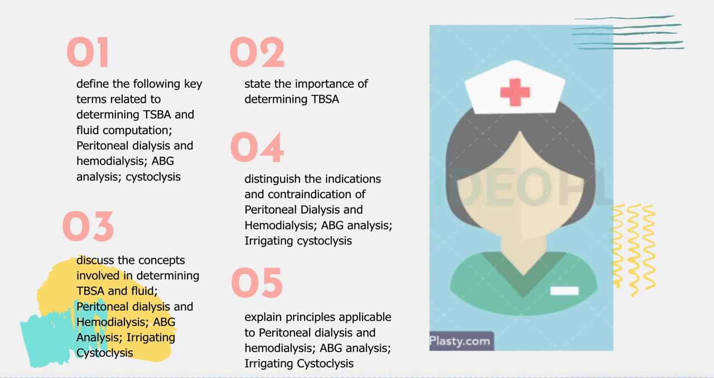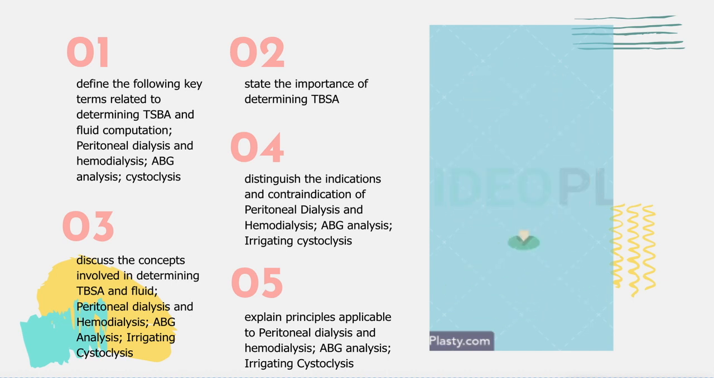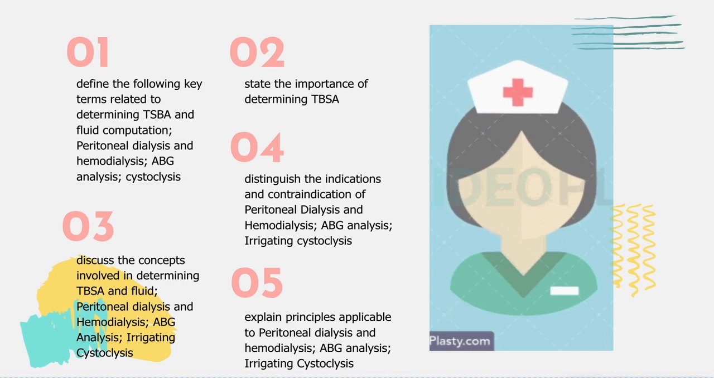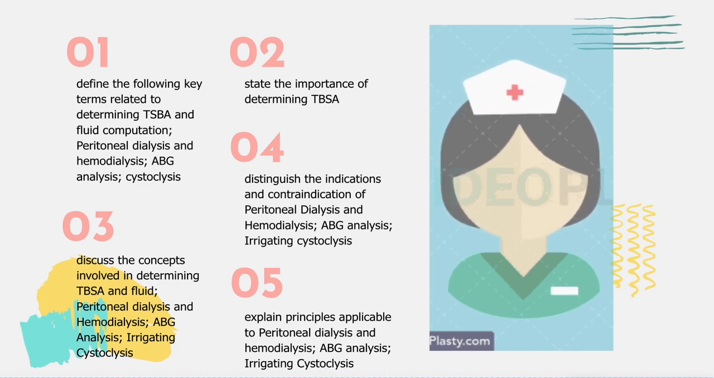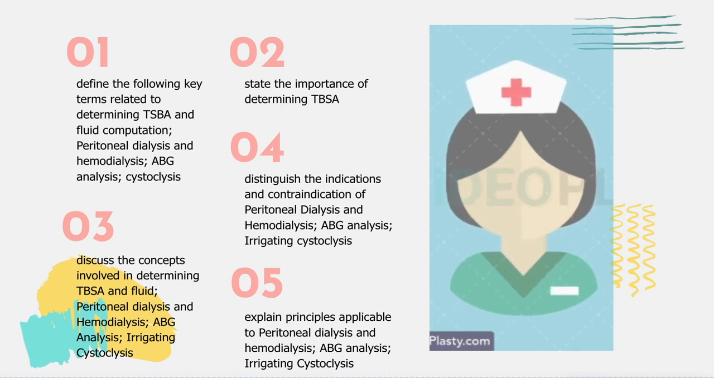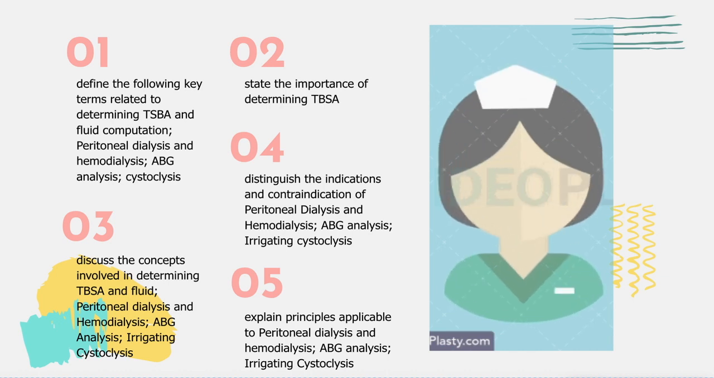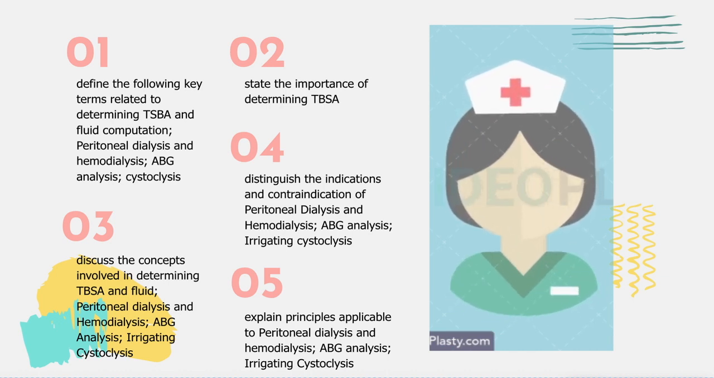Our CLOs for today. CLO number 1 is to define the following key terms related to determining TBSA and fluid computation, peritoneal dialysis and hemodialysis, ABG analysis, and cystoclysis. CLO number 2 is to state the importance of determining TBSA. CLO number 3 is to discuss the concepts involved in determining TBSA and fluid, peritoneal dialysis and hemodialysis, ABG analysis,